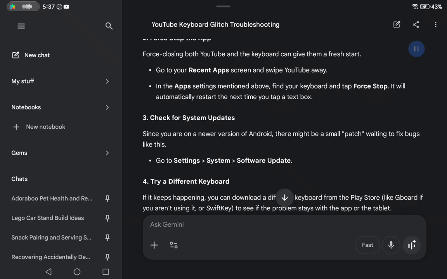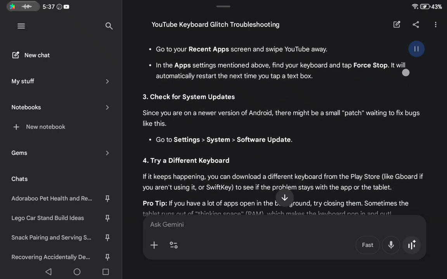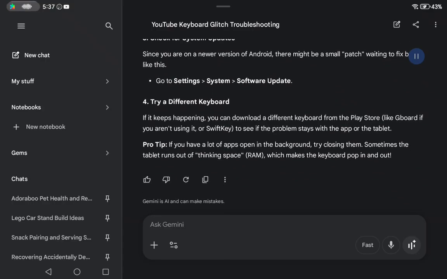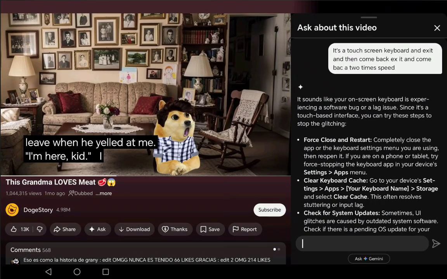3. Check for system updates. Since you are on a newer version of Android, there might be a small patch waiting to fix bugs like this. Go to Settings, System, Software Update. 4. Try a different keyboard. If it keeps happening, you can download a different keyboard from the Play Store, like Gboard if you aren't using it, or SwiftKey, to see if the problem stays with the app or the tablet. Pro tip: if you have